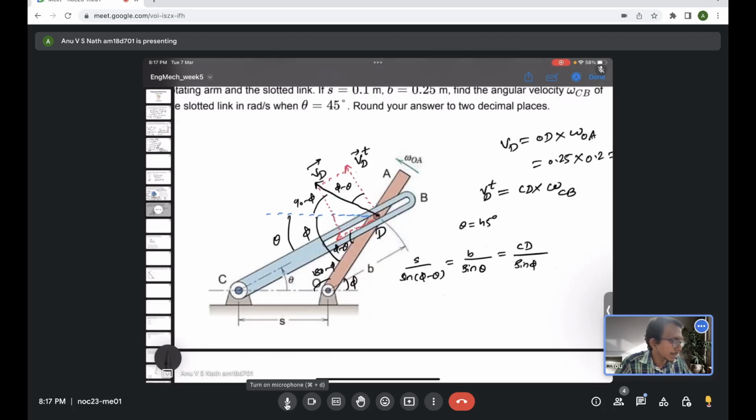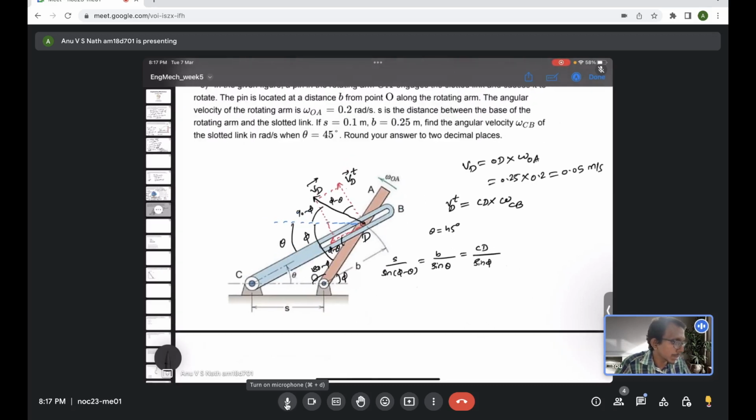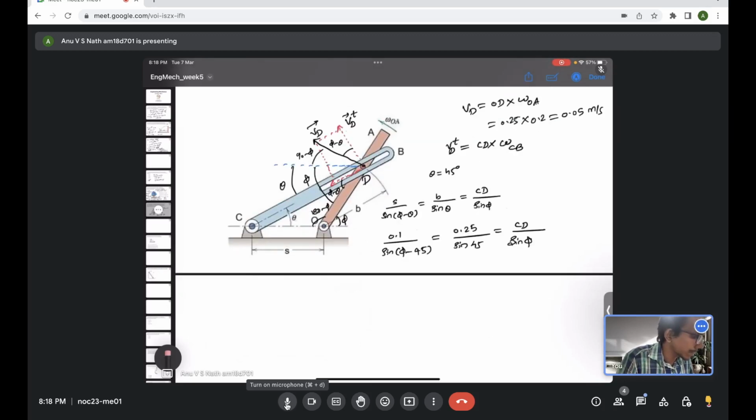Now here just substitute the known quantities. So S is known, which is 0.1 by sine of 90 minus phi is unknown, we have to evaluate. Theta is known, which is 45 degree, equal to B, which is 0.25 divided by sine of theta, which is 45, equal to length CD, which is unknown, divided by sine of phi. Again phi is unknown. Now if you use the first two of them, equate and try to solve, we can evaluate